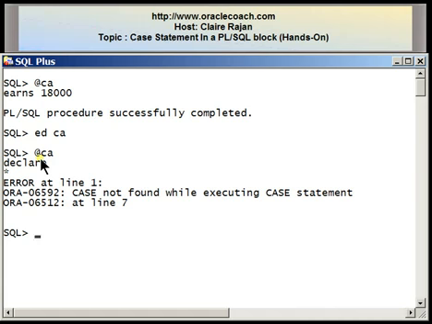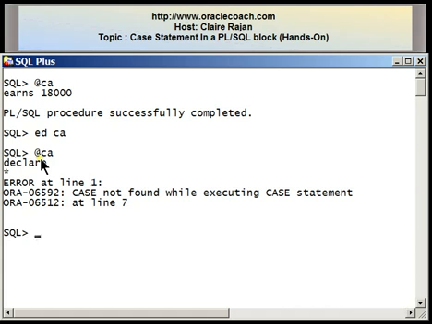The word exception meaning an error. So it's an unhandled error that the program has generated, and what it's trying to tell you is that while it was performing the case statement, none of the conditions were met and we did not have an else also, so it did not know how to handle the particular situation. So when you're writing a case statement, it's probably always a good idea to ensure that you write an else part of it, or you take care of the unhandled exception, or you make sure that one of the conditions